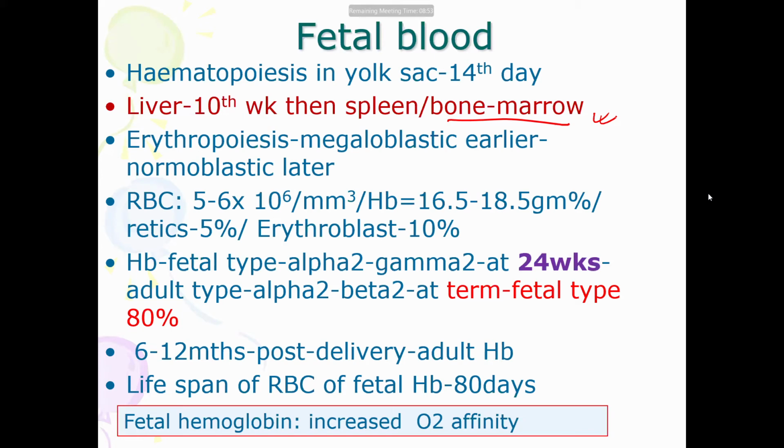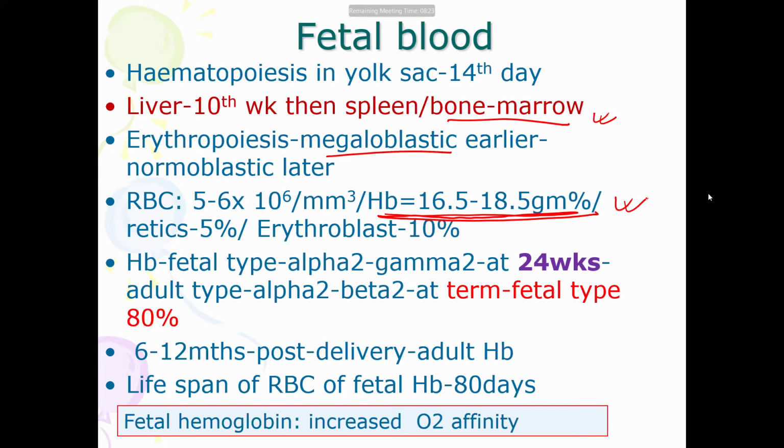So erythropoiesis. Initially the cells look megaloblastic. The cells are immature and megaloblastic, and later on it becomes normoblastic. And the number of RBCs is a bit more compared to the adult. So it looks like polycythemia, but it's normal for them. So for the fetus, the RBC is around 5 to 6 million, and hemoglobin is around 16.5 to 18.5. So it's in the higher, upper range,